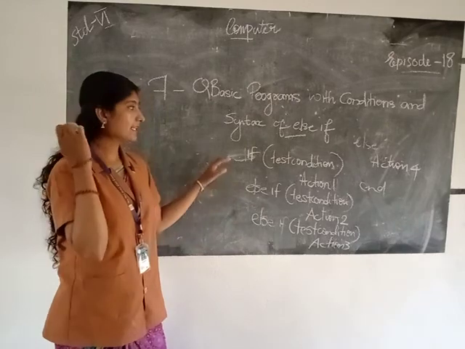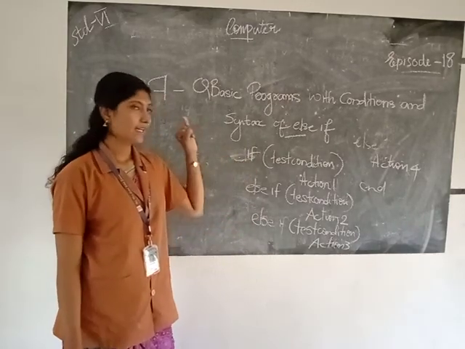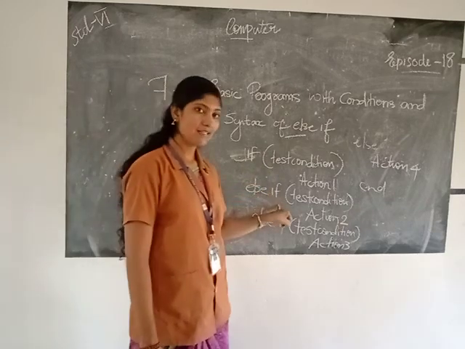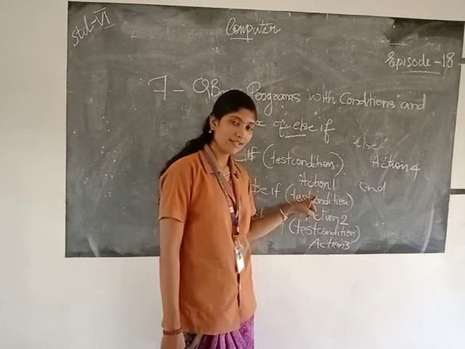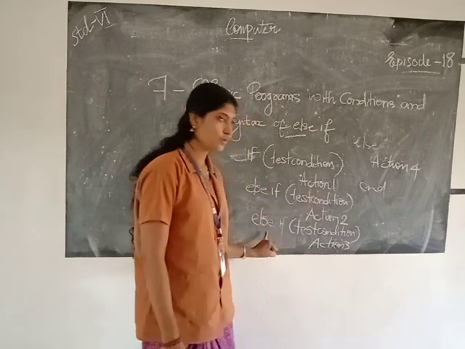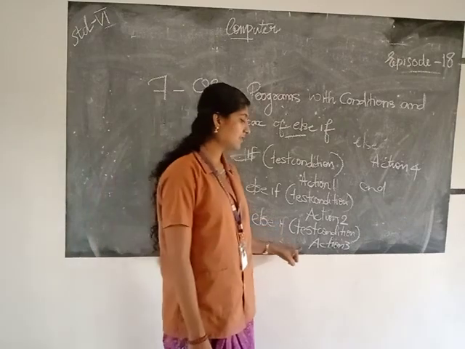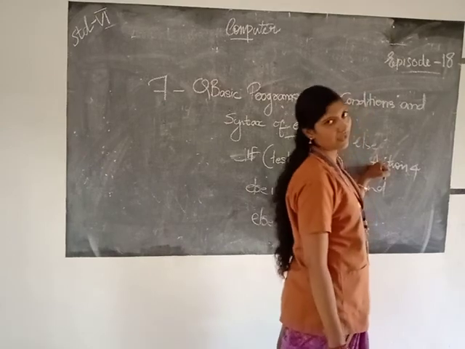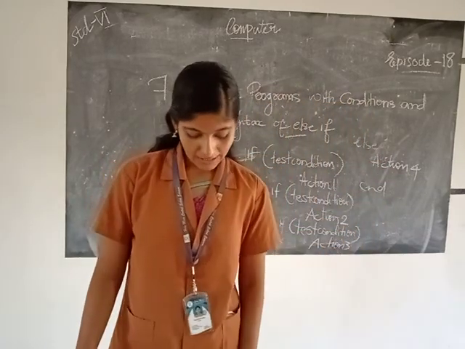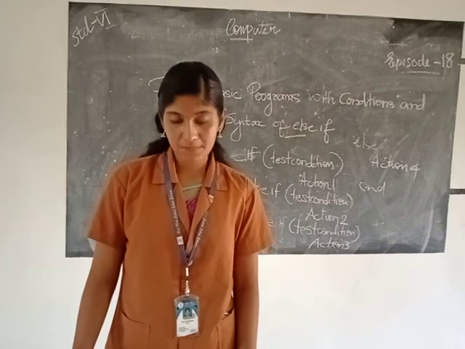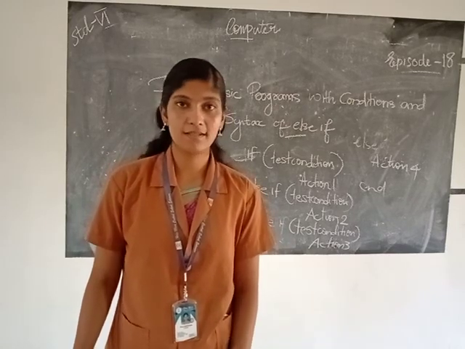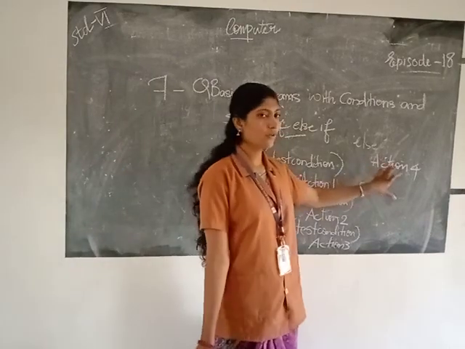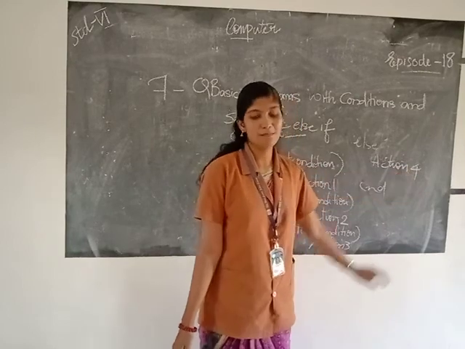So here, if the condition is not true, then go to the else part, then test the condition again. If that condition is not true, then go to another else part. If the condition is true, then perform action number 3. Otherwise go to the else part, then perform action number 4. So, if no condition is satisfied, the program control will go to the else part and perform action number 4.